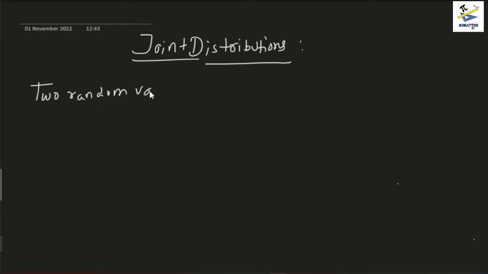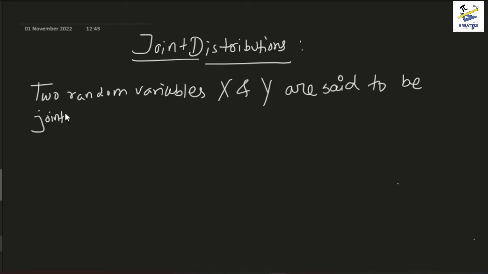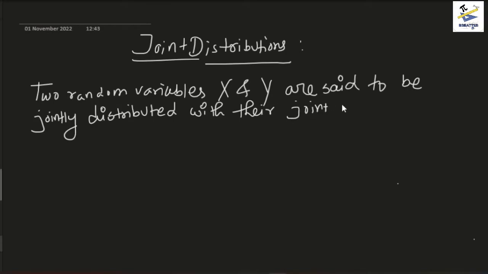Two random variables x and y are said to be jointly distributed with the joint PDF f_XY(x, y) such that